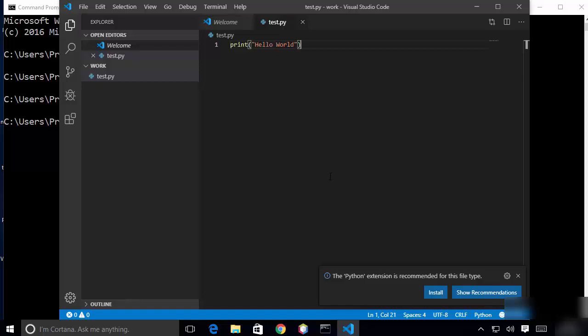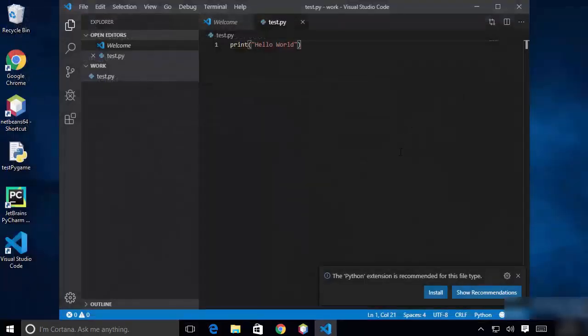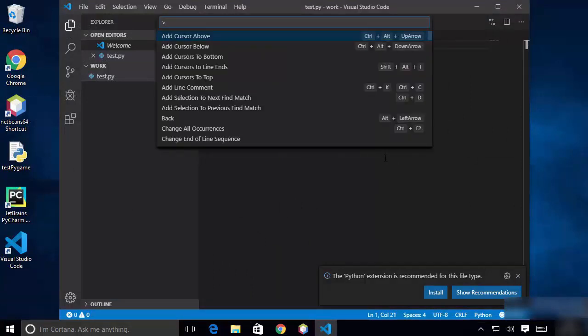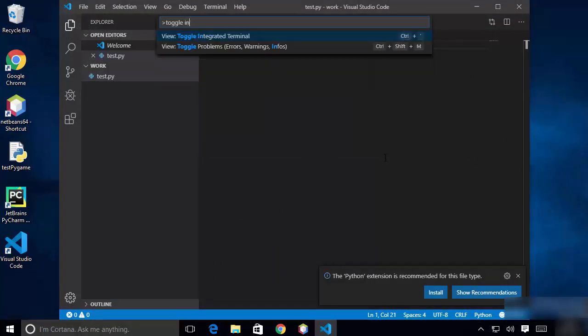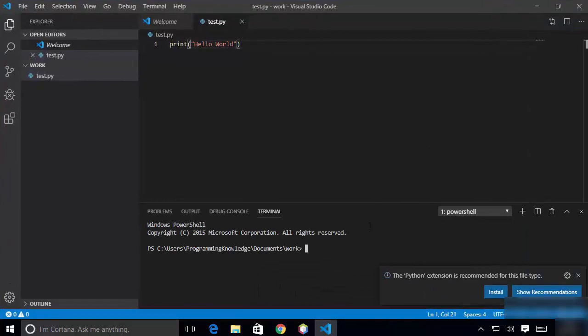Now the last tip I want to give here is using the terminal inside your Visual Studio Code. So you don't even need this Windows terminal from here. You can just press Ctrl+Shift+P. So just press Ctrl+Shift+P and then just write toggle integrated terminal. And the first option here will be this option which says toggle integrated terminal. So this is going to open the terminal in the current folder inside your Visual Studio Code. So let me maximize this here and you can see the terminal is open inside your Visual Studio Code.